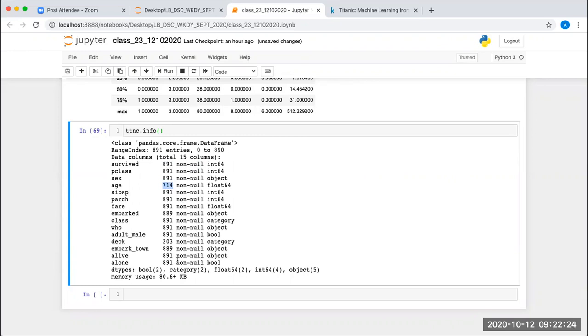Next, we are going to analyze the data with the heat map. We have seen the heat map in the Seaborn library, right? So let's analyze the data with the heat map.